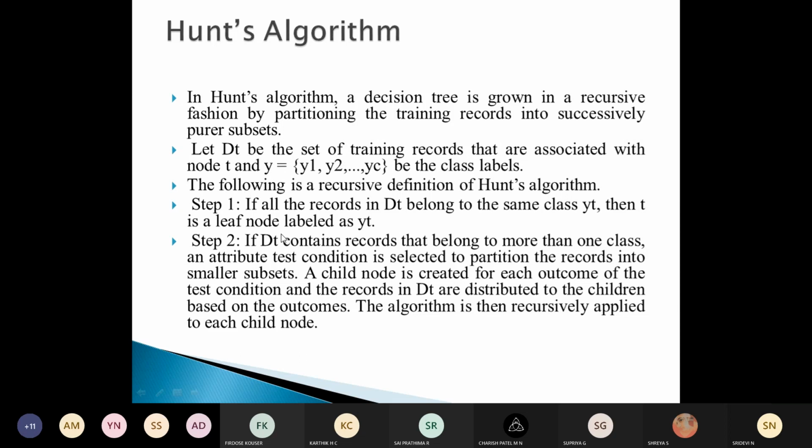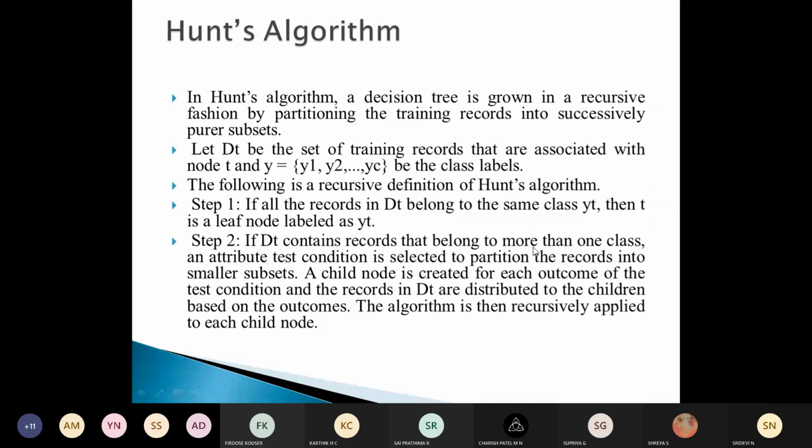The recursive definition of Hunt's algorithm goes like this. If all the training records belonging to Dt belong to the same class yt, then t is a leaf node labeled as yt. We'll take an example so that it will be more clear for us.